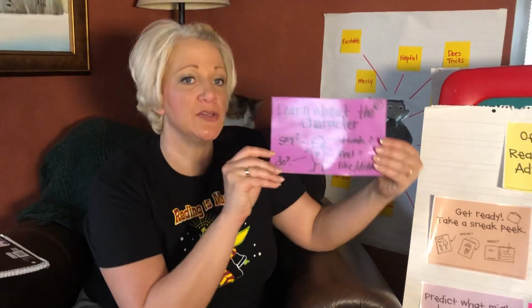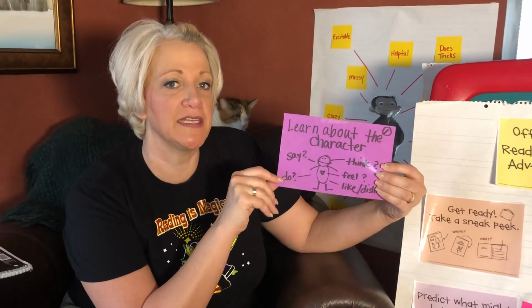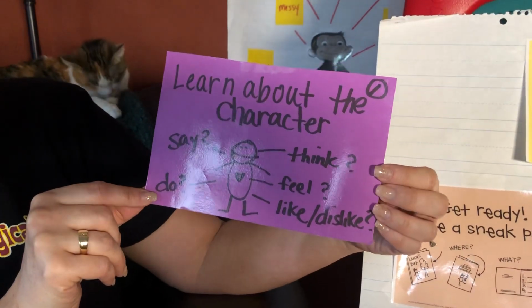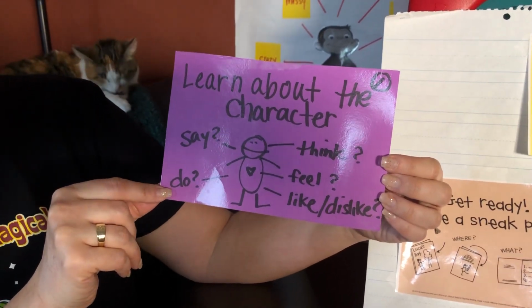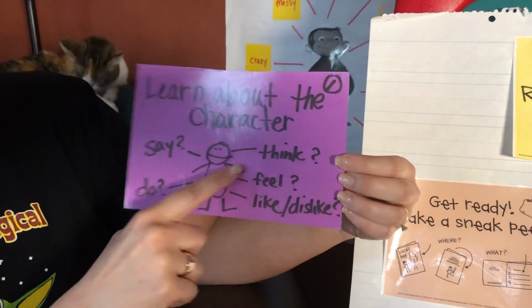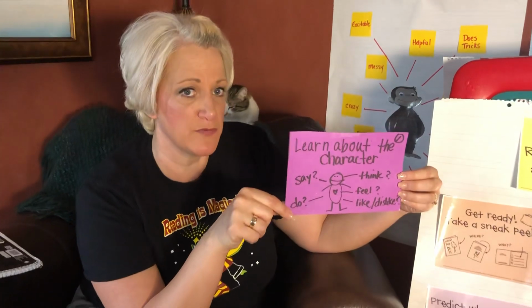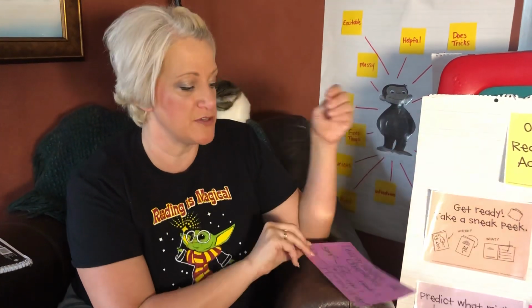We're going to start a new part of our unit and it's called Getting to Know Characters Along the Way. So this is the target that we're going to work on. It says learn about the character. What do they say? What do they do? What do they think, feel? And what do they like and dislike? Now we've done this work with George before, but we're going to do this work today with a new character